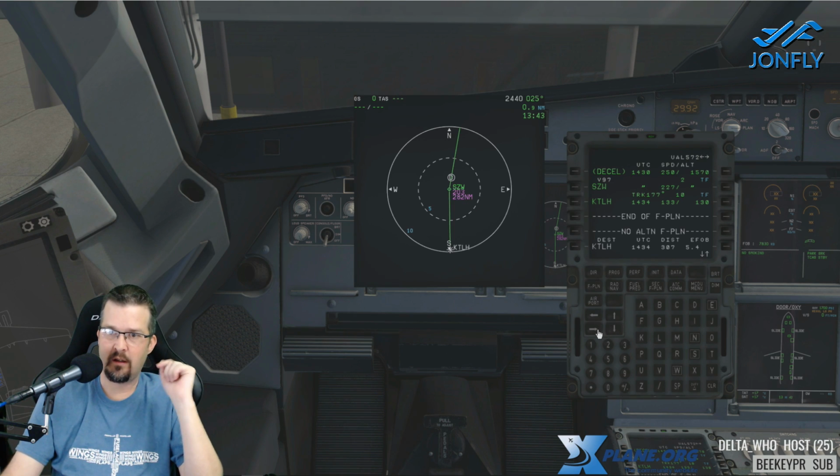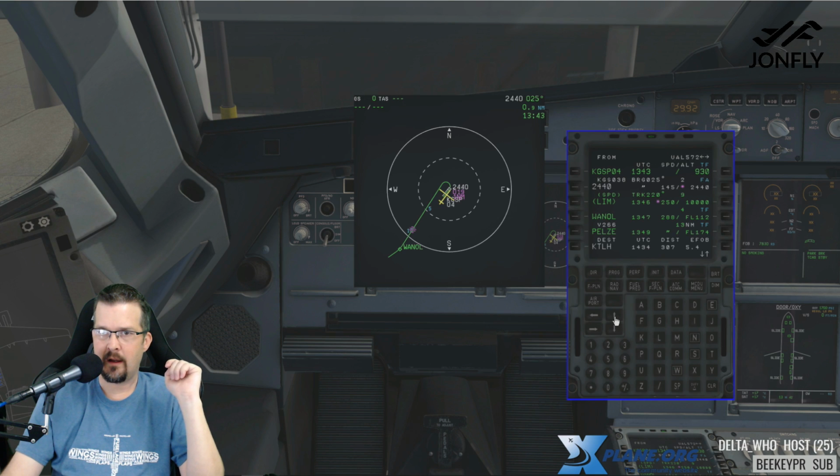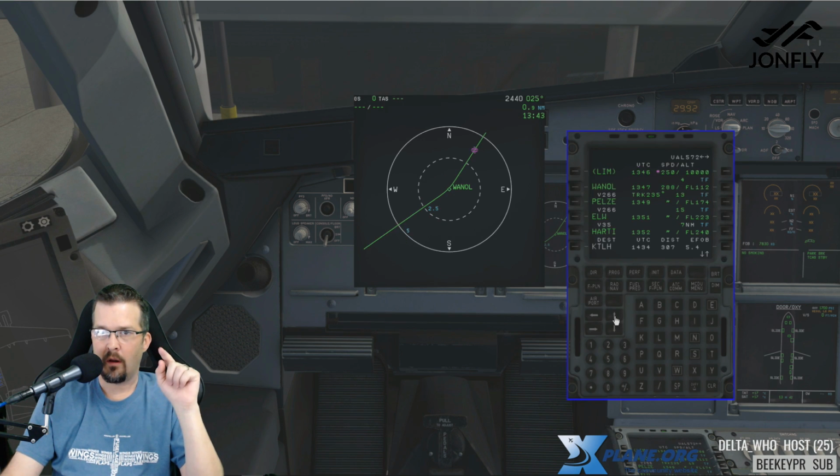Okay, I missed it. So to go from SCW to the next one is where? Just hit the flight plan button to bring yourself up to the first. Hit the flight plan button, and then go down. So we're going to go one all. I'm going to change the range here. Just scroll the same as normal. Yep, one all, Pels,